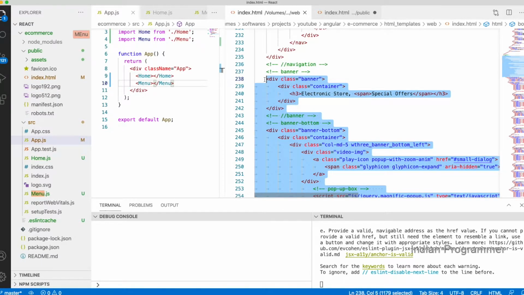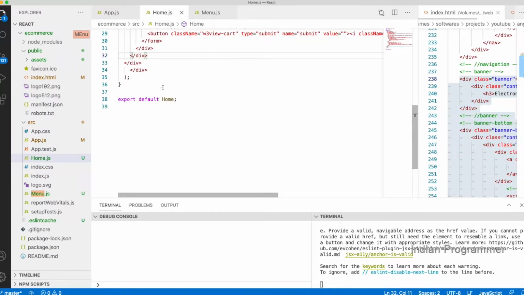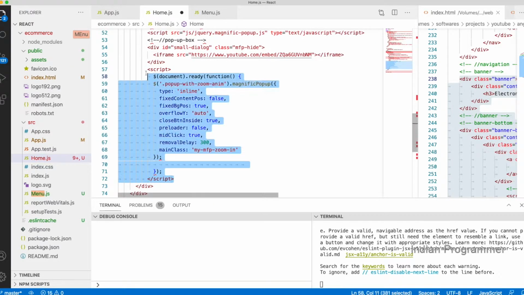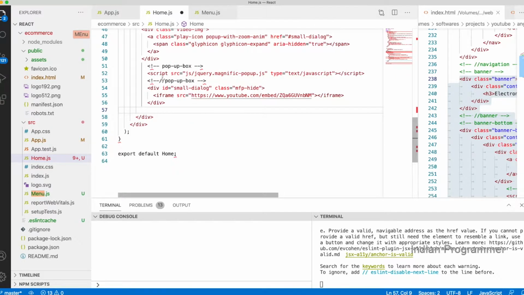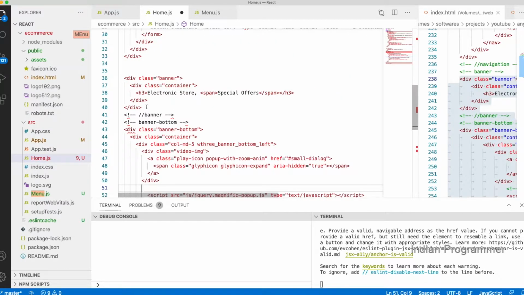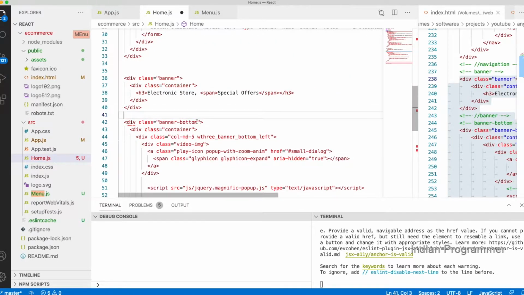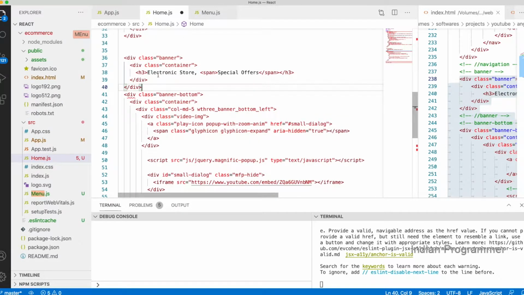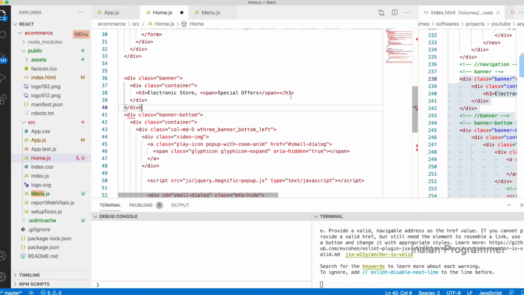I think this is related to the home page. So what I'm going to do is paste the content inside the home page. I will remove the script, I don't need it. So I am removing the script, and I should not use this comment as it is not supported in the React application. Okay, I think some other tags are not closed properly. So h3 closed, div closed.